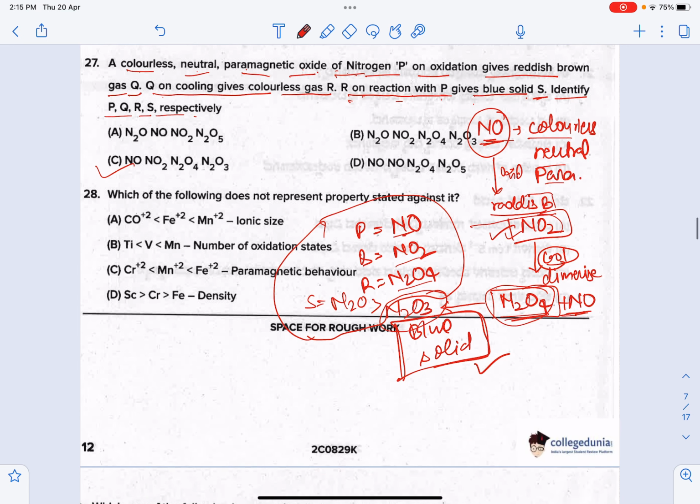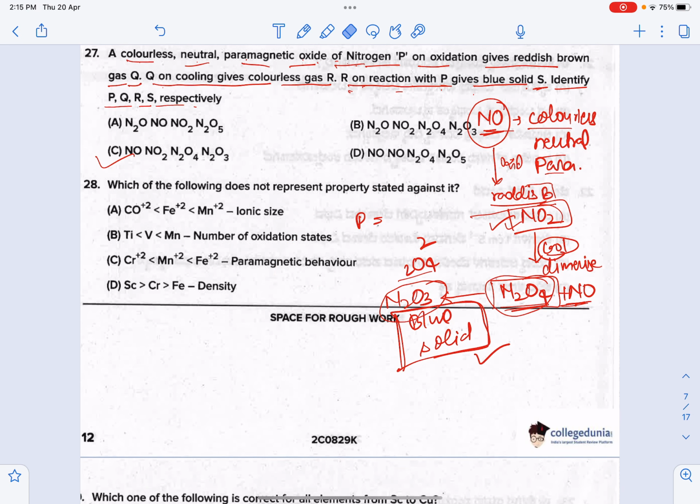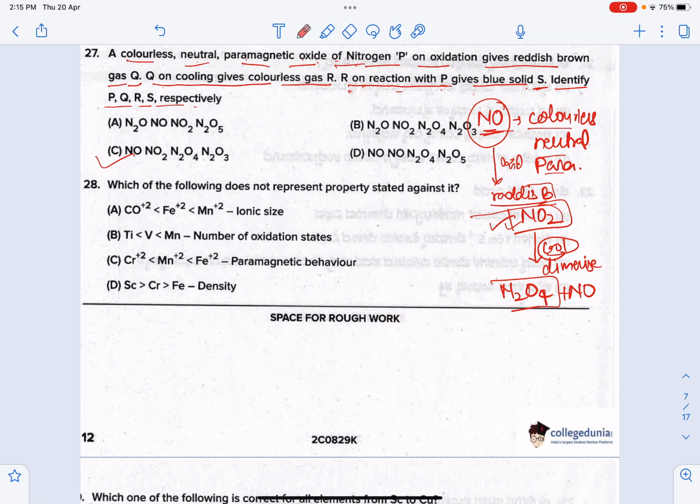Okay, now the next question is, which of the following does not represent the property stated against it? Okay, let's see about it. That is Co2+, Fe2+, Mn2+ in ionic size. They are arranged according to their ionic size. Is it correct? Okay,